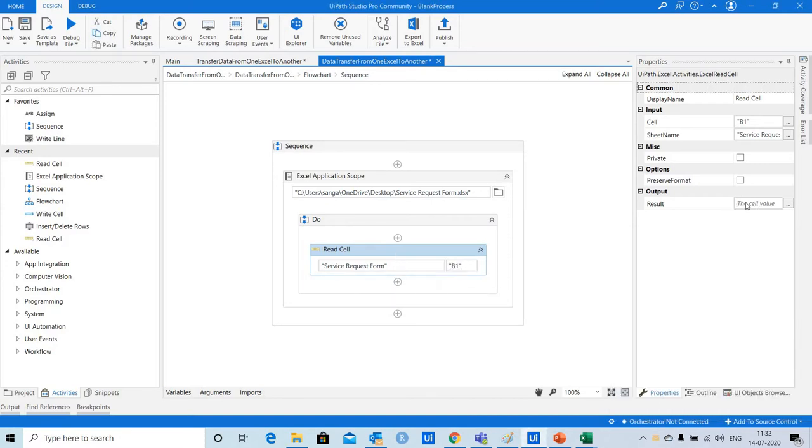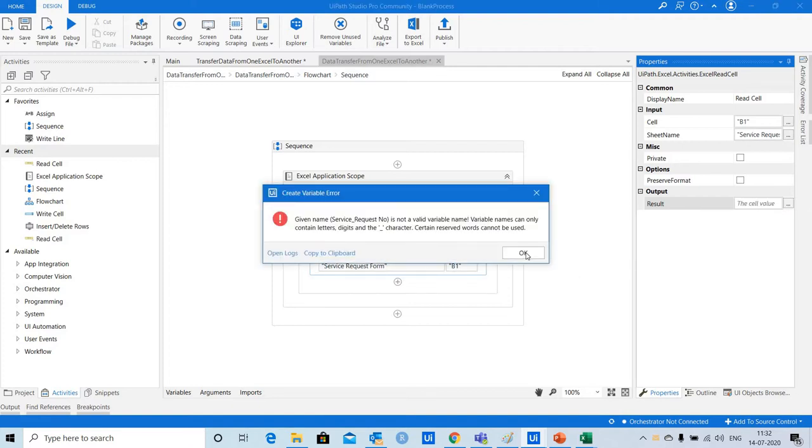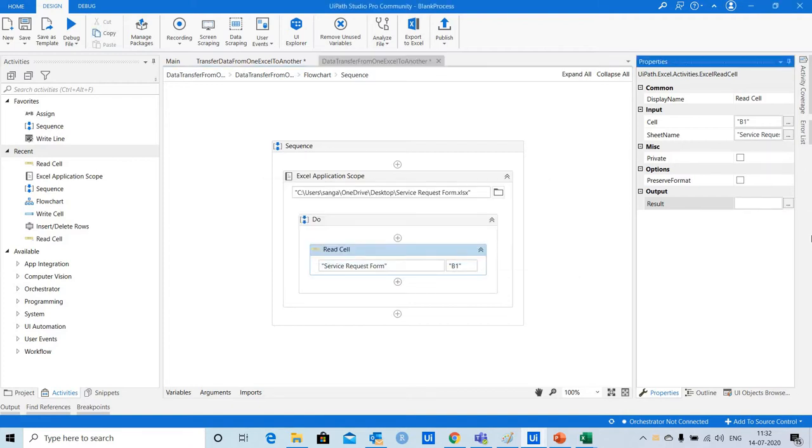I need to save this with variable. I can do that by pressing Ctrl K and define as service underscore request underscore number.